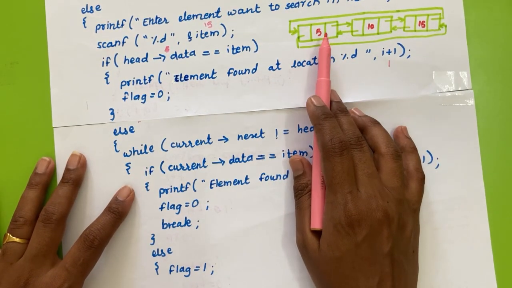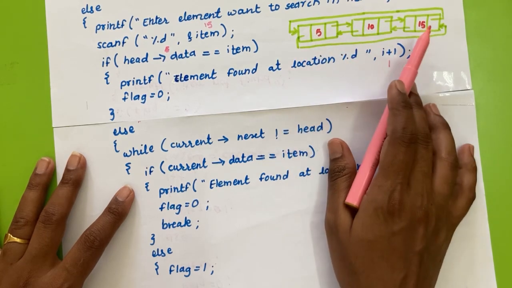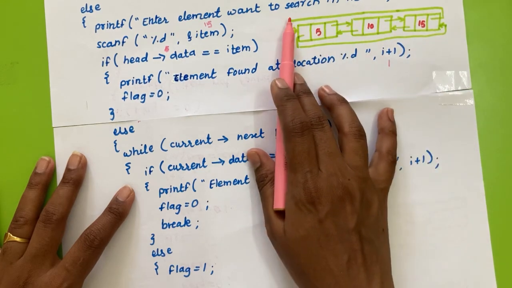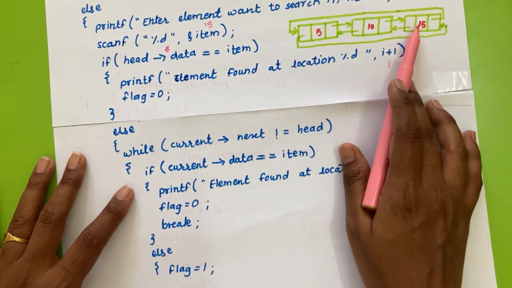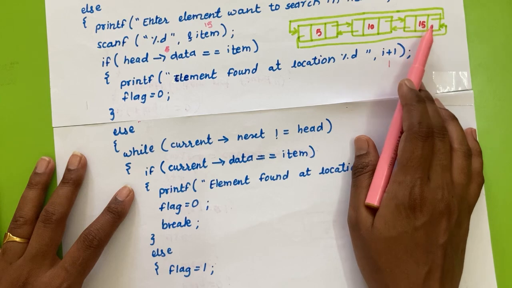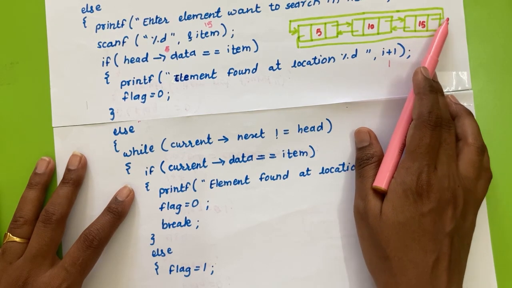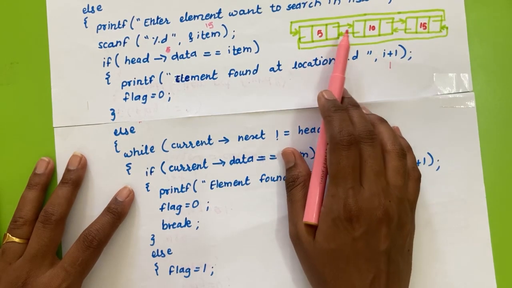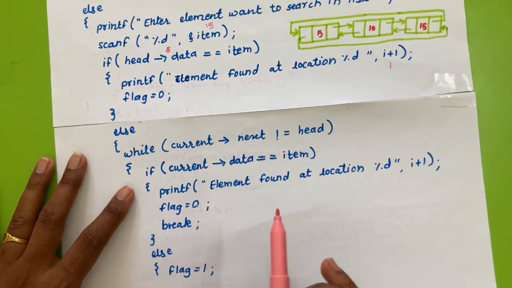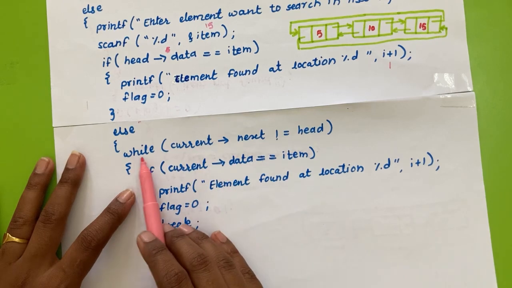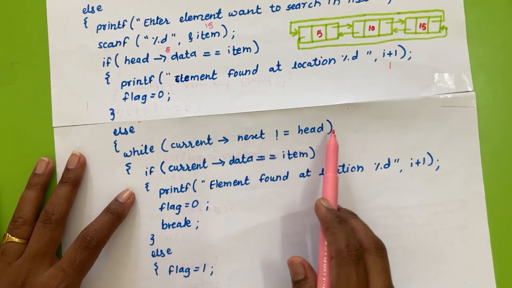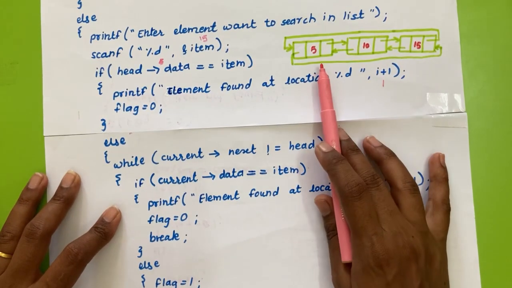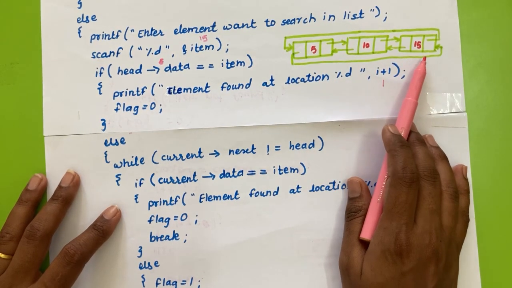while current next is not equal to head, अभी क्या करना है हमको, ये हमारा लिंक लिस्ट है, तो अभी एक हेड से कहाँ तक जाना है, लास्ट नोड तक, जहाँ पे लास्ट नोड इज नॉट पॉइंटिंग टू हेड. ओके, सो लास्ट नोड कैसे डिसाइड होगा, सो जब तक नोड का नेक्स्ट जो फील्ड है वो हेड तक पॉइंट नहीं करेगा तब तक हमें ये नीचे वाला टास्क रिपीट करना है. ठीक है. ओके, सो व्हाइल करंट नेक्स्ट नॉट इक्वल टू हेड, हमें फर्स्ट नोड टू लास्ट नोड तक जाना है.